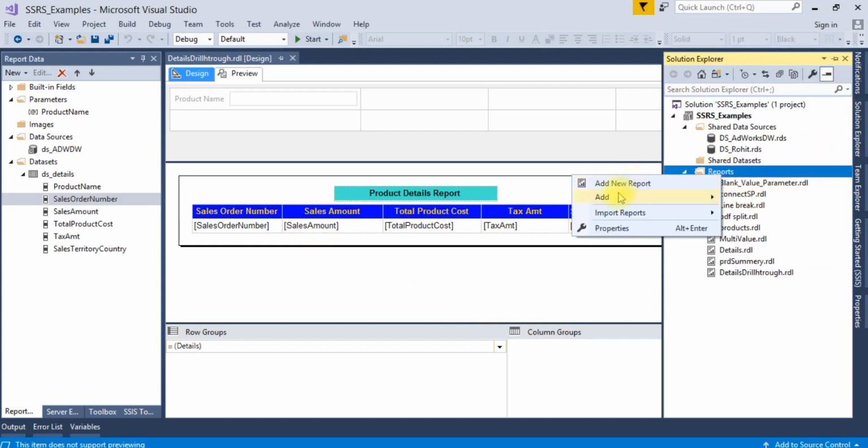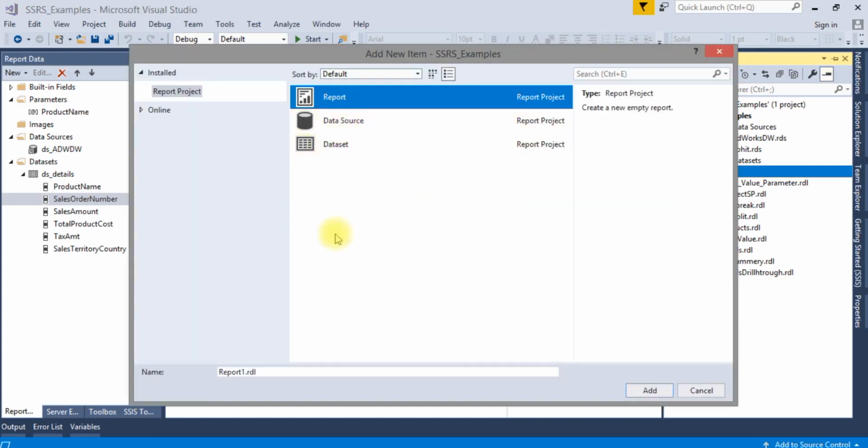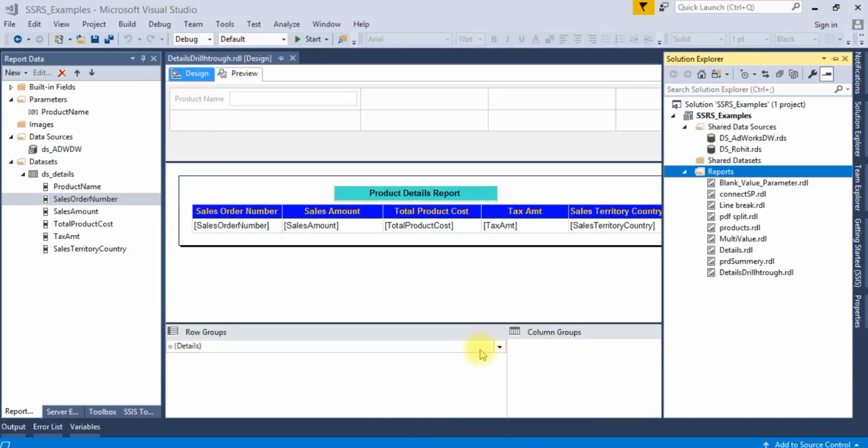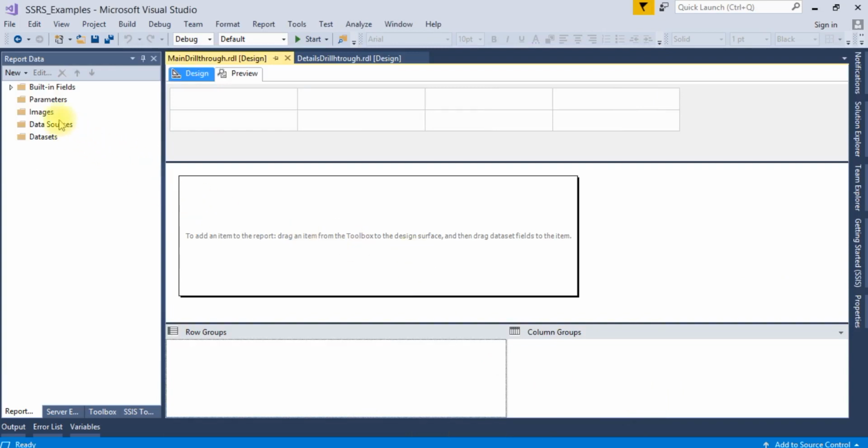So add another report and name it main drill through report. Here a parameter is not required because we are passing the column value to the next report.